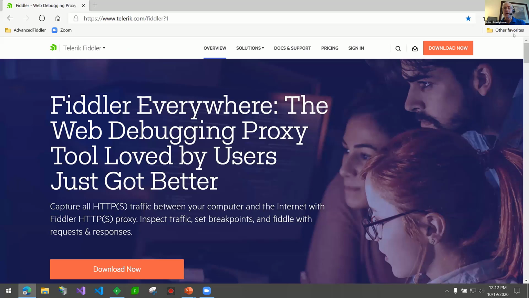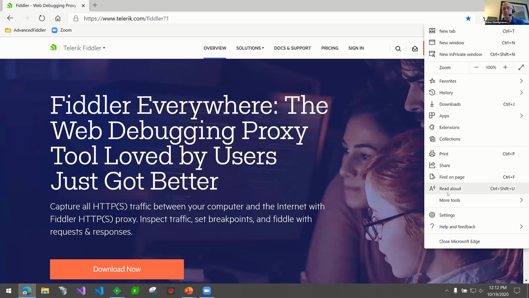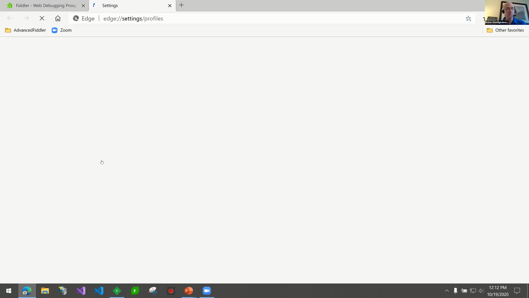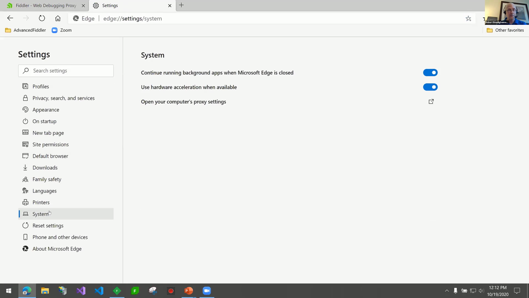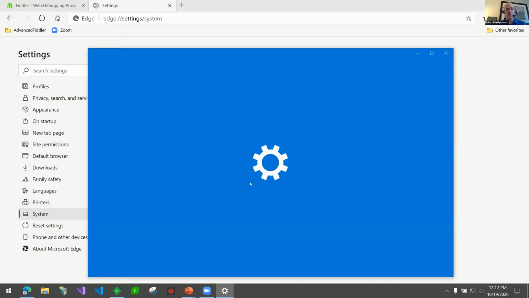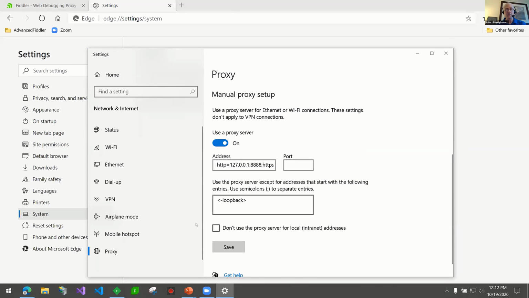I use the new Edge from Microsoft. If you haven't used it, it's great. It performs very well, and I like the privacy settings. So I'm just going to go into System and open my proxy settings. And you'll see that right now I'm running Fiddler. It actually changed the Windows configuration to say, please have anyone who wants to use a proxy point